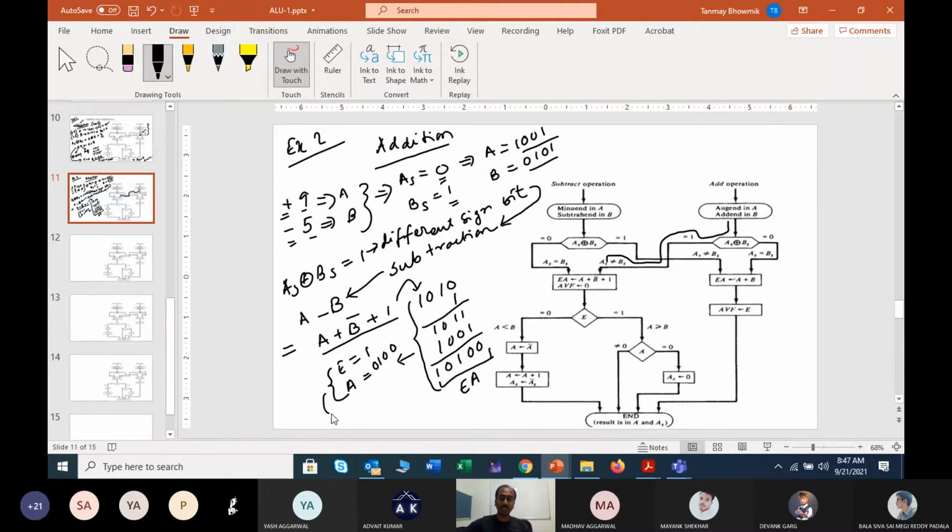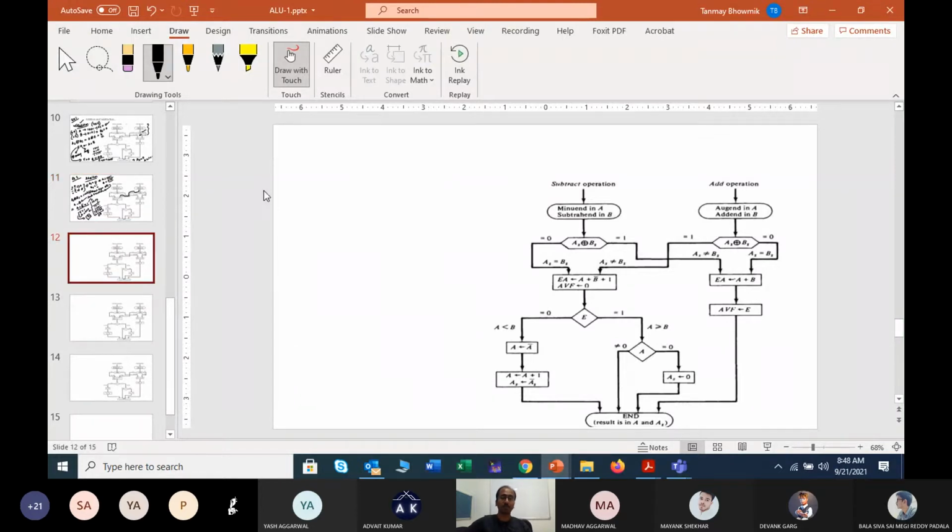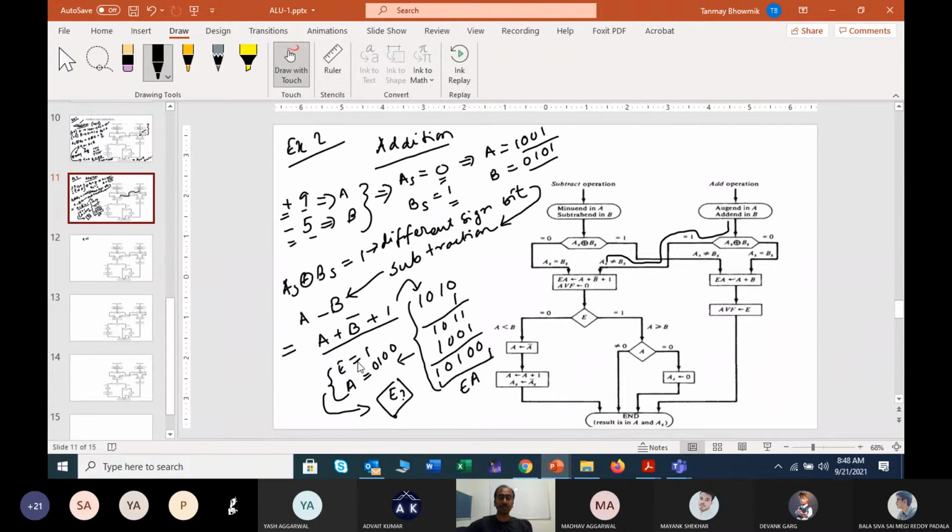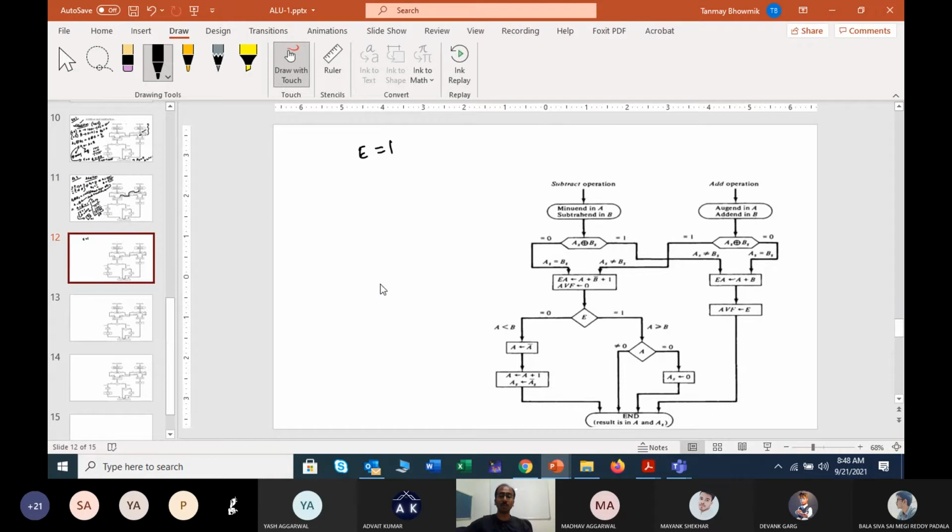So from this what we will check now, you will check now what is your E, right? So go to the next slide or go to the next space. So whenever you are observing your E is 1, right? What was my E in the previous example? You can see your E was 1. So your E is basically 1. That means your E is 1 means A greater than or equal to B, in this case, right? So E equals 1 represents A greater than or equal to B.